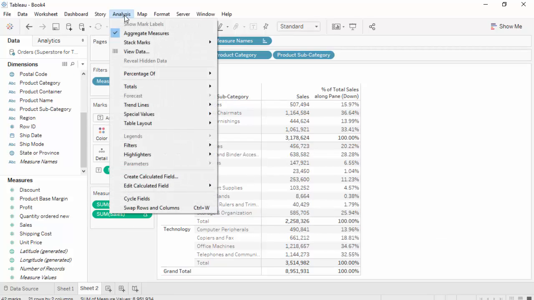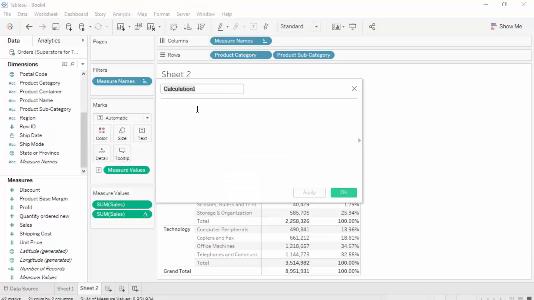So if you want to do calculations, creating a calculated field is what we've been using, and that's the one that we have to use. Suppose we want to create, say, profit percentage, so we can name it profit percentage, right? Now when you type your formula for the computation, so if you type profit,